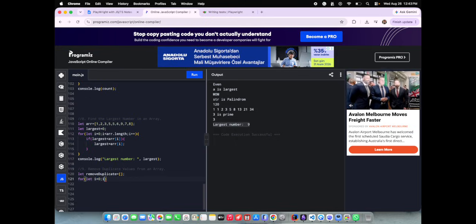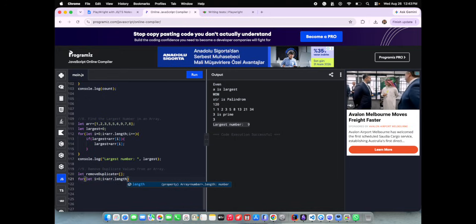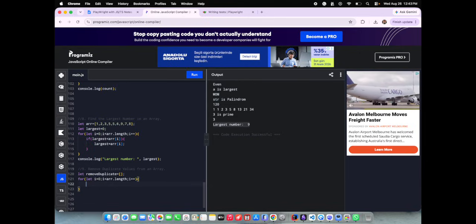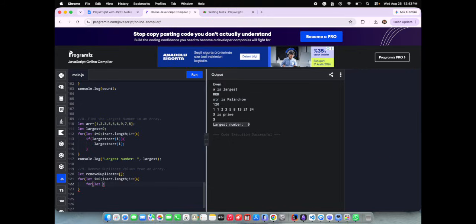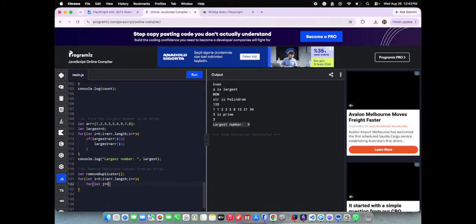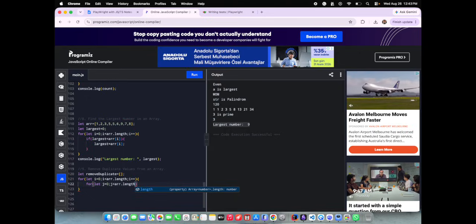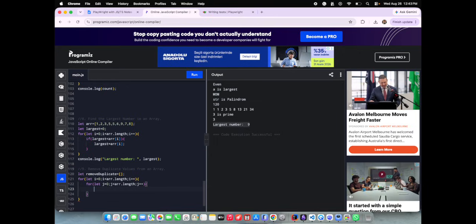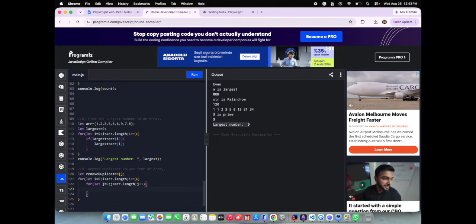Let i is equal to 0, i should be less than array.length, i++ I will do, and another for loop I will consider, for let j is equal to 0, j is less than array.length, j++ I will do. Now I will consider that if